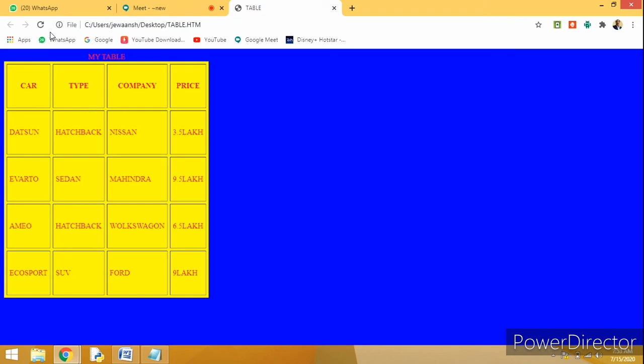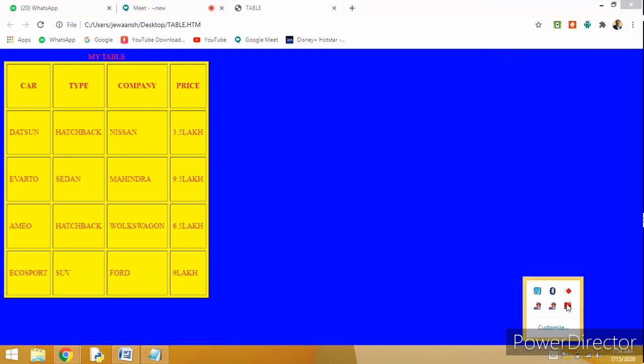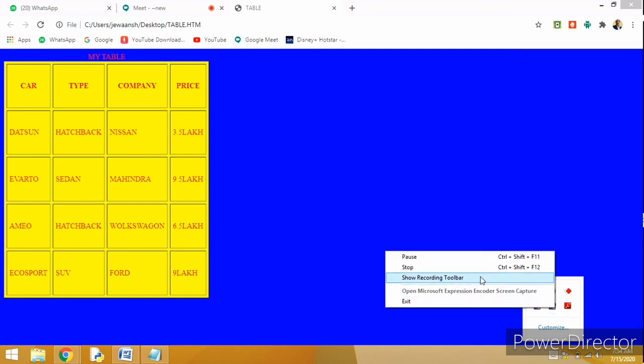Okay, so please try to do some tables in your HTML, which are given in your assessment activity on page number 72. So in the next class, I will ask you to present your screen. So these are all the things.